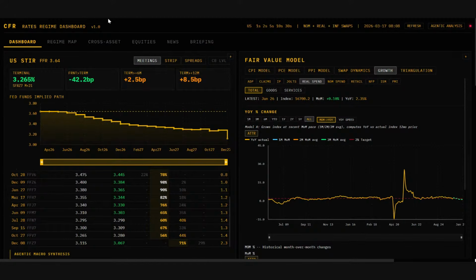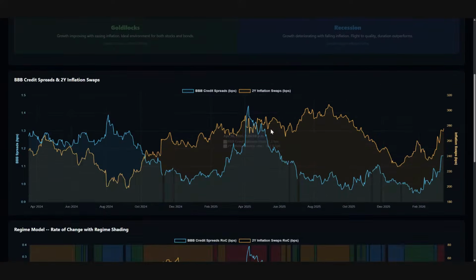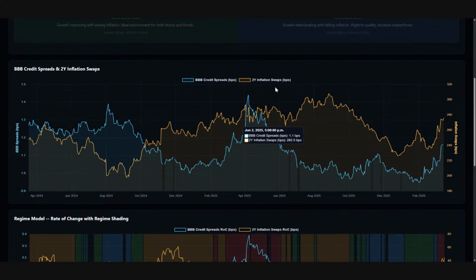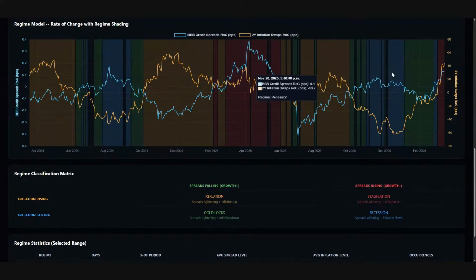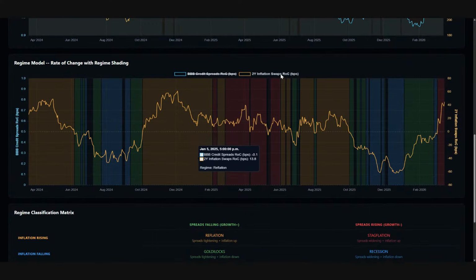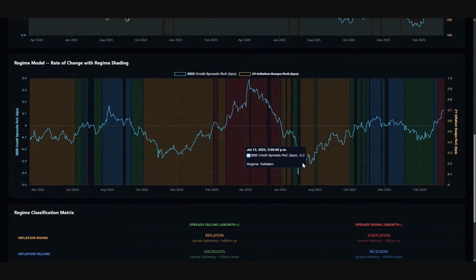And so those are the type of monthly data metrics, and those are the ones that you want to connect to these types of changes. If you can draw that connection as a trader, it's actually super valuable because you can know where we're at. And so here is a chart of the rate of change, simply put, just the rate of change in inflation swaps, the rate of change in credit spreads. And you can see how these periods of time are incredibly important for where we're at in the growth cycle.